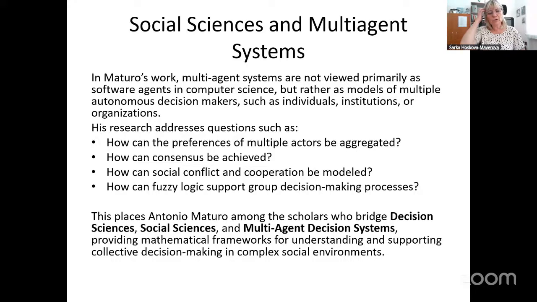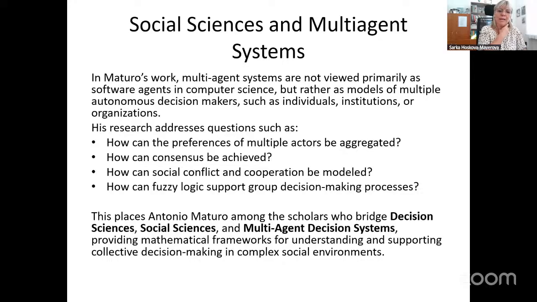This social conflict and cooperation were with Luciana very often, because she worked in an elementary school, and the conflicts between small kids were often involved. Various types, I don't think only serious ones. They tried to model them and to find a way out of such a situation. And the last important question which was in his mind was, how can fuzzy logic support the group decision-making